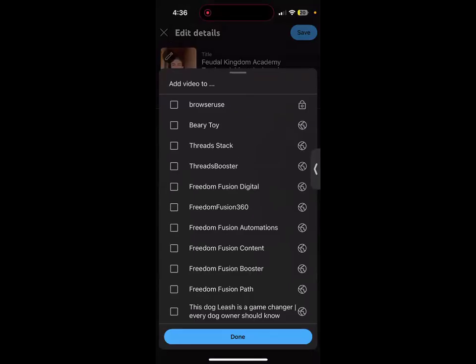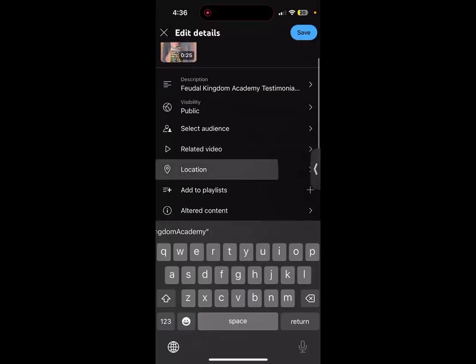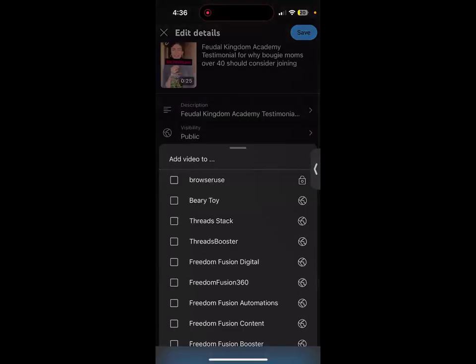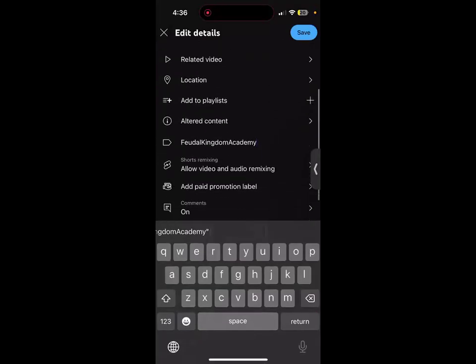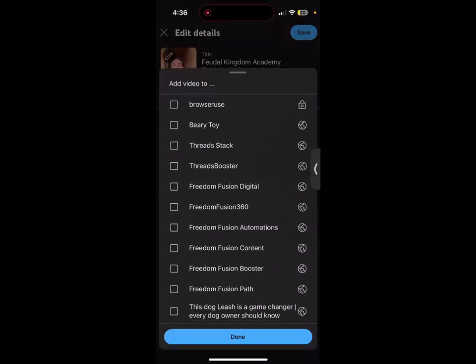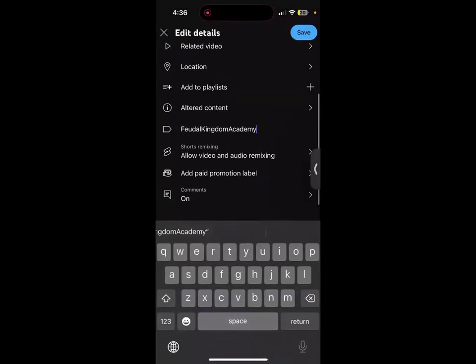and over here you could see that there is no Feudal Kingdom Academy yet, but you could create your own playlist in another section like this. So I don't see a way to do it here, but anyway, there's a way to create it. And then basically you just edit in there. That's going to be a way for you to organize your content.